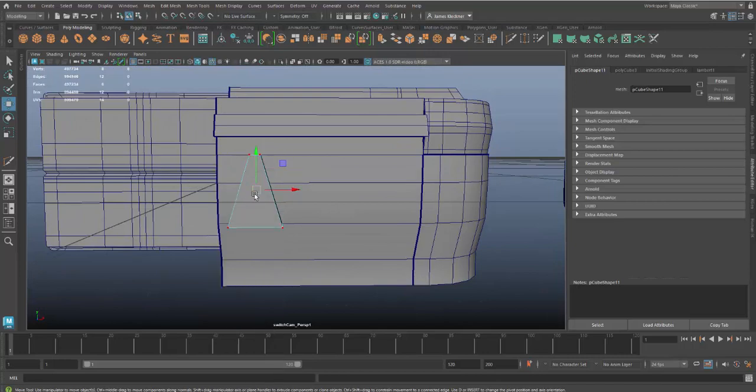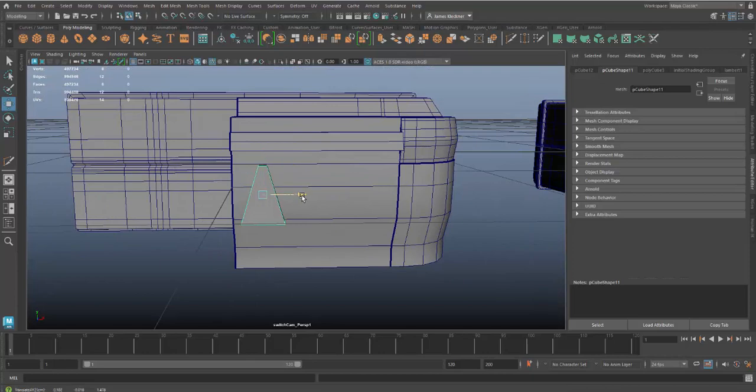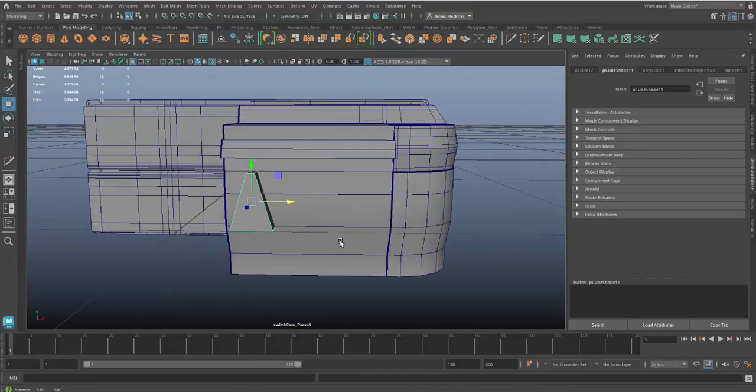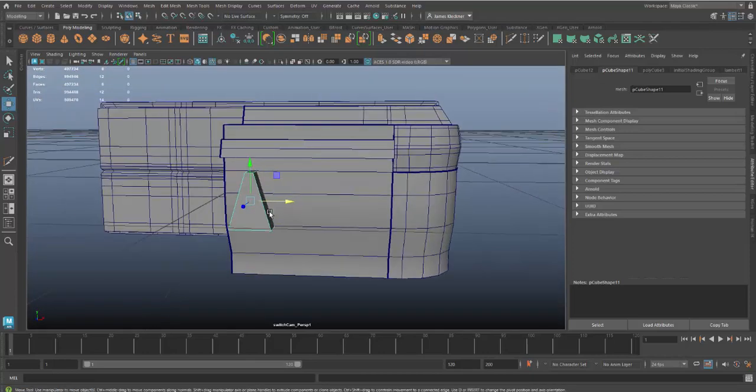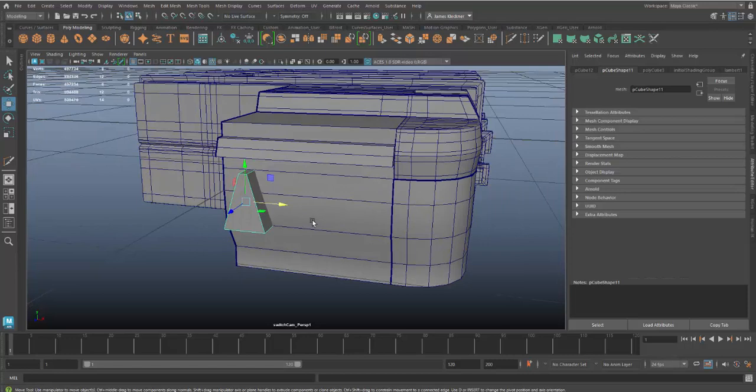Go back to object mode. And now all I gotta do is duplicate a few of these, and I think I did 3 on the other one. So one trick is you can do Control D to duplicate, but if you want to duplicate in a line, there's a cool hotkey. It's Shift D